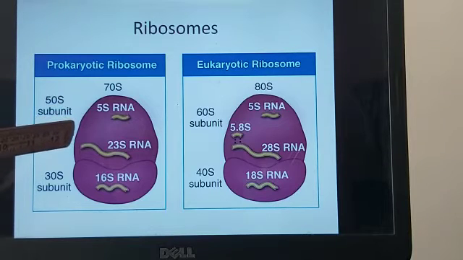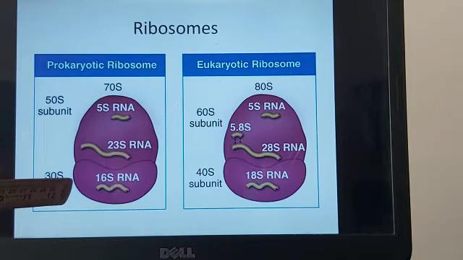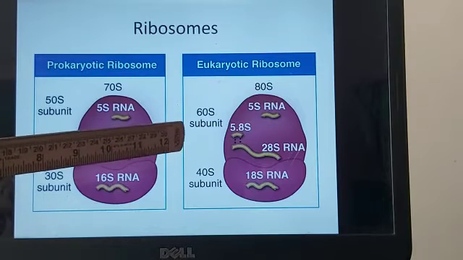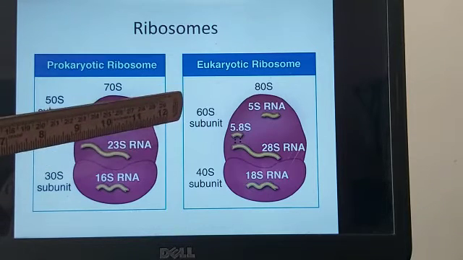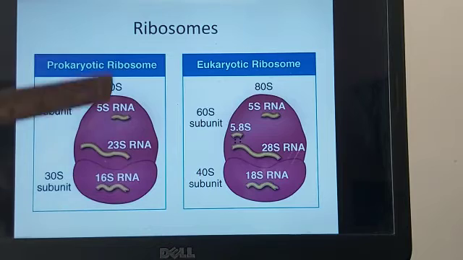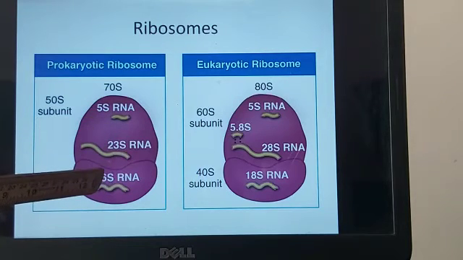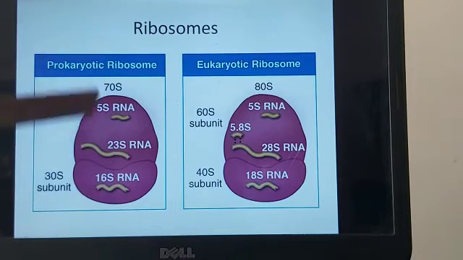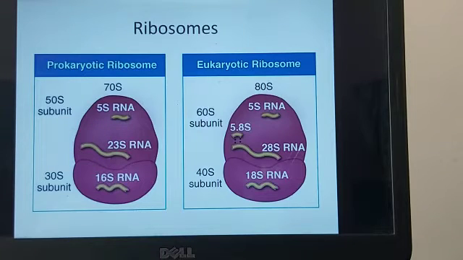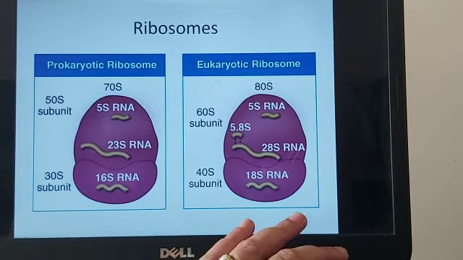The bigger subunit is called 50S and the smaller one is called 30S. Similarly, the eukaryotic ribosome has two subunits, 60S and 40S. These subunits can be separated or they can be together. Usually when protein synthesis is taking place, these subunits are attached to each other, otherwise they can dissociate from each other. The bigger subunit also has small segments of RNA that you can see here in this picture. This is known as ribosomal RNA.